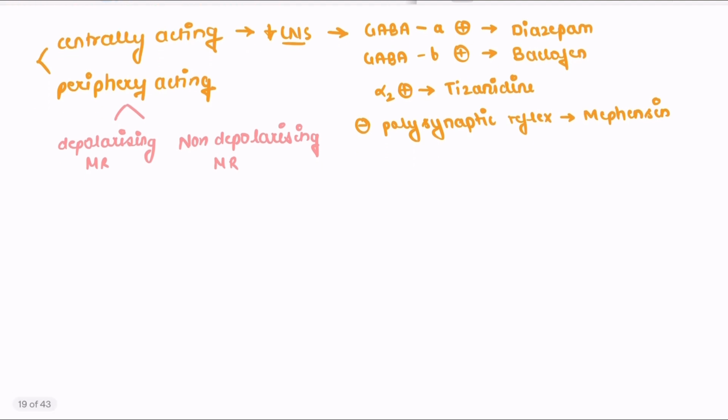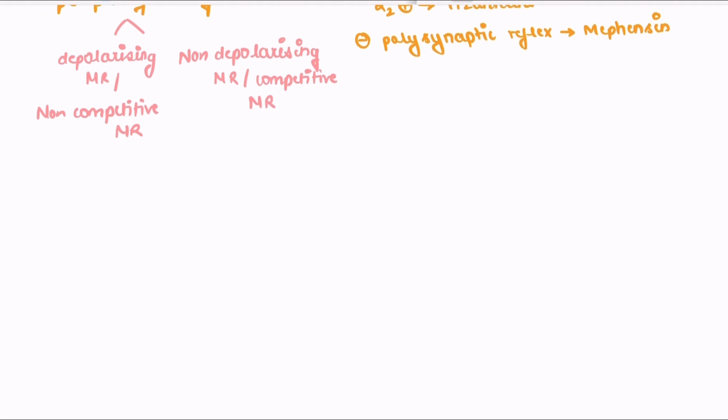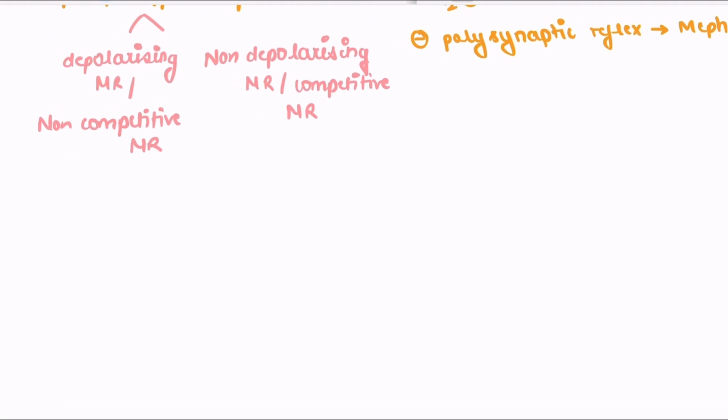The depolarizing muscle relaxants are also known as non-competitive muscle relaxants, and the non-depolarizing muscle relaxants are also known as competitive muscle relaxants. The depolarizing muscle relaxants include drugs like